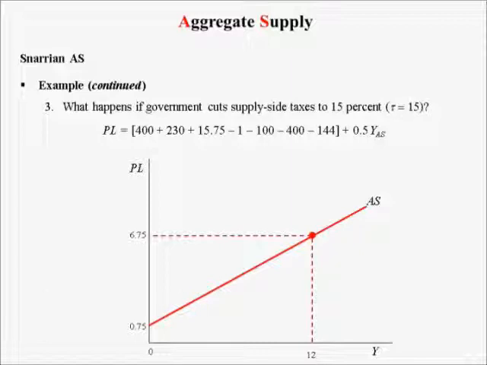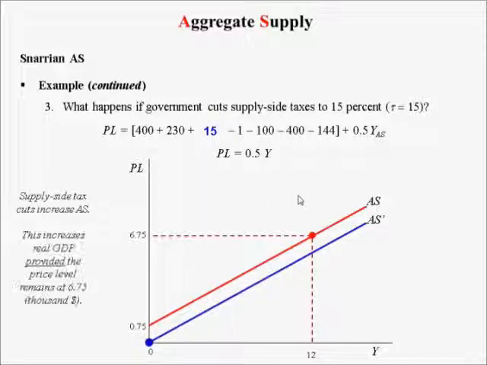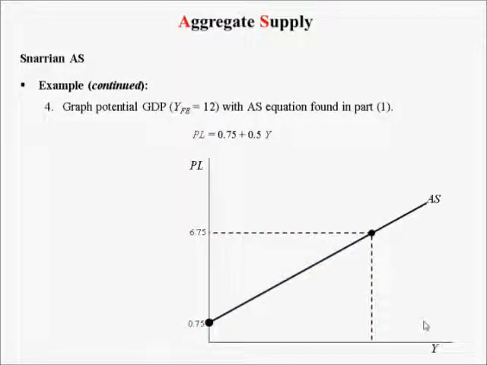So the intercept is gone. So the aggregate supply curve now passes through the origin. This increases real GDP provided the price level remains at 6.75. So let's graph potential GDP, full employment output equal to 12, with the aggregate supply curve found in part 1